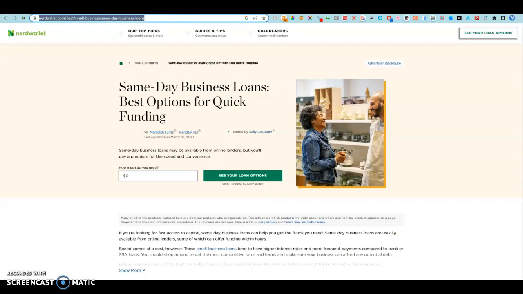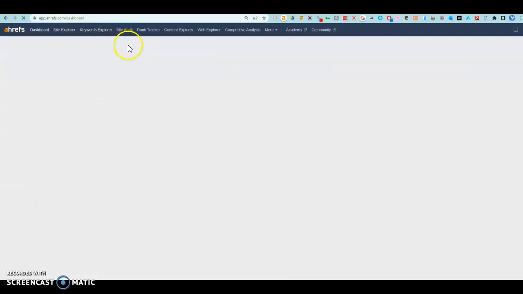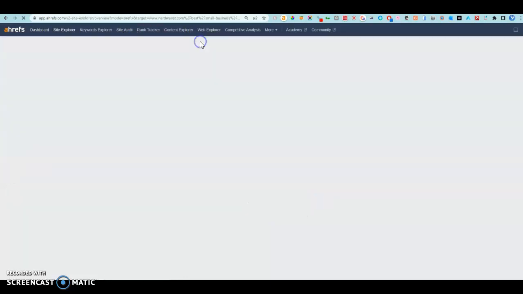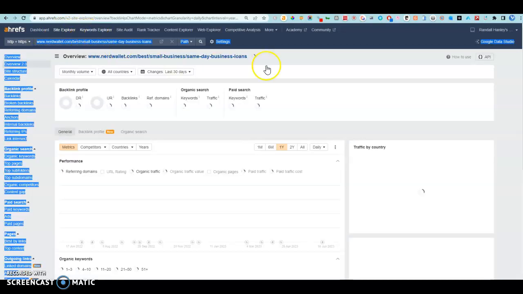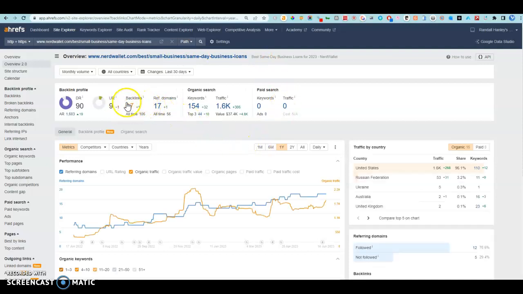Now there are tools out there like Ahrefs. Ahrefs is a good tool. It helps me research keywords and websites, etc. It's free. No, it's not free. It's expensive, but it's available to everybody. Now I'll put in that path and I'll look at what's giving it strength. Why is Google putting it out there? So the first thing is the strength of the whole domain, the website, the original domain. That counts a lot. But as you can see, for this one page, they have about 37 backlinks from 17 domains. And the UR, which is kind of like the strength, the trust that Google gives the site or the page, is 9.